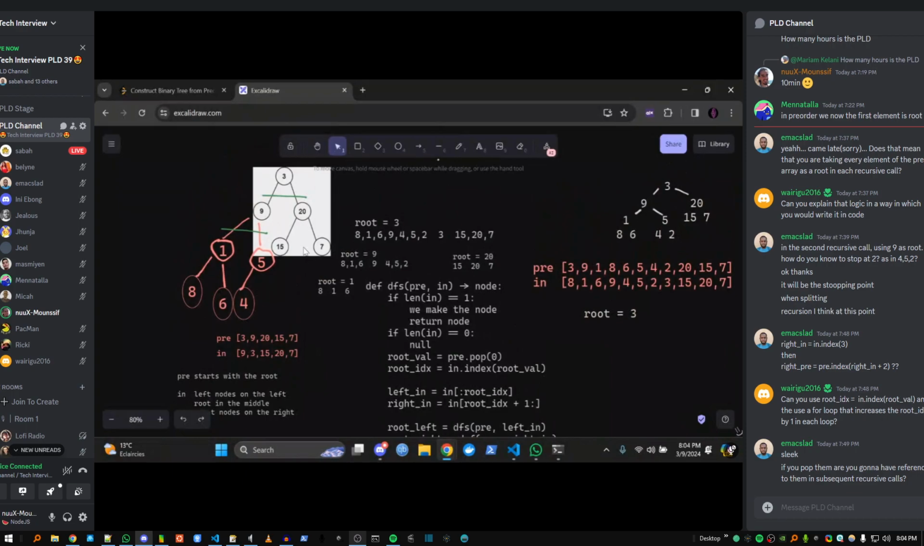So, if the length is 1, we make the node and we return it. But aren't we making the node in the previous call, before we call this? For example, if I am on node 5, if you put, okay, and now I'm gonna